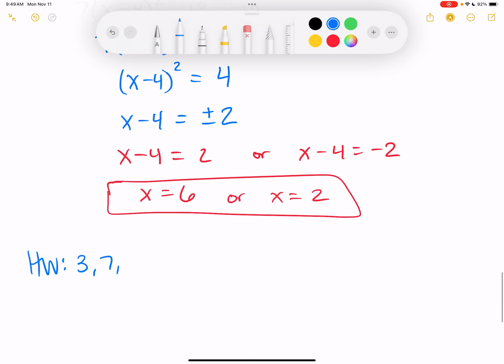3, 7, 9, 11, 17, 23, 27, 31. Did you show your work? You can just sit right there. I hope you